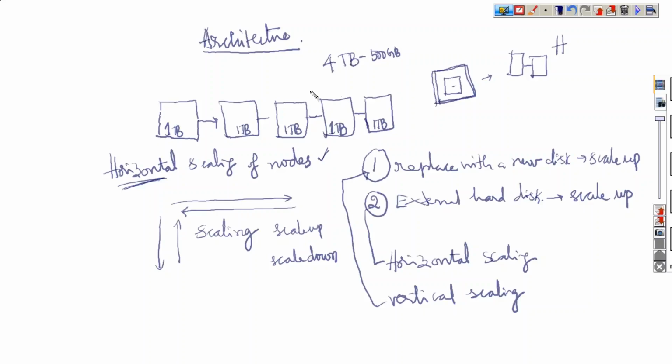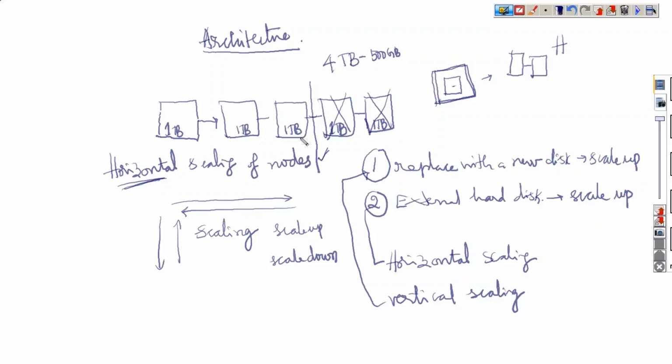And let us say we no longer require 2 nodes. Why? Because there may be a case where we require only 3 nodes for our data. In that case, what can be done? We can delete these 2 extra nodes from the cluster at any point of time without making any changes to the existing nodes or the existing cluster. So any extra node can be added, or existing nodes can be deleted from the cluster, at any point of time without affecting the data already stored in the cluster.